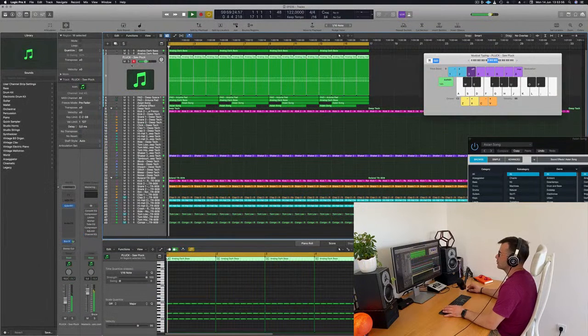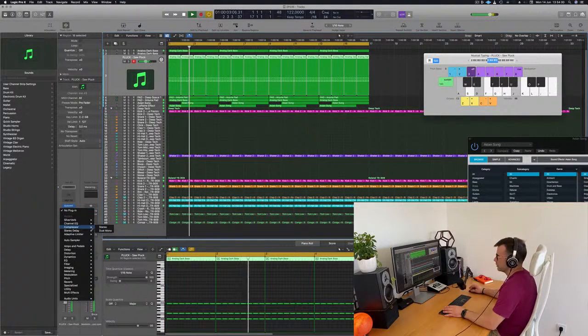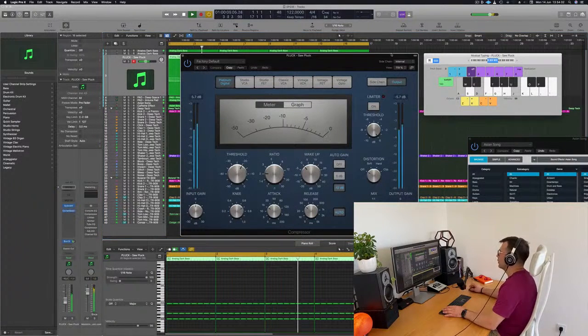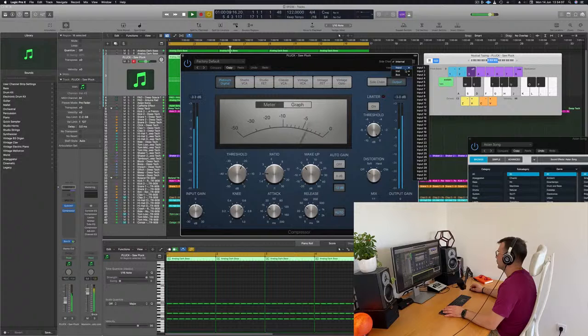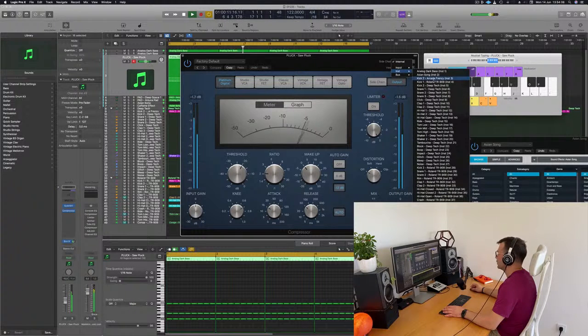I think these plucks need to be sidechain. I think this is what was missing that I hadn't thought about, because those with a sidechain will definitely work. Instrument, kick. This one that I use, yes.